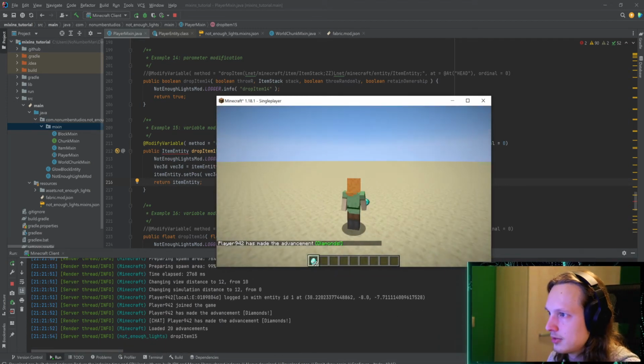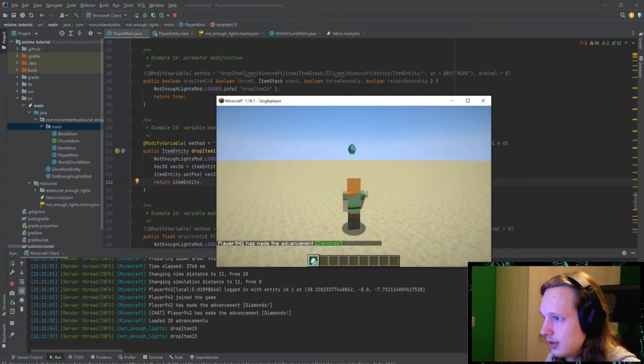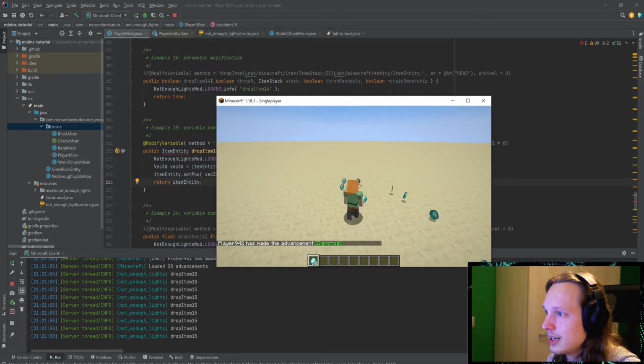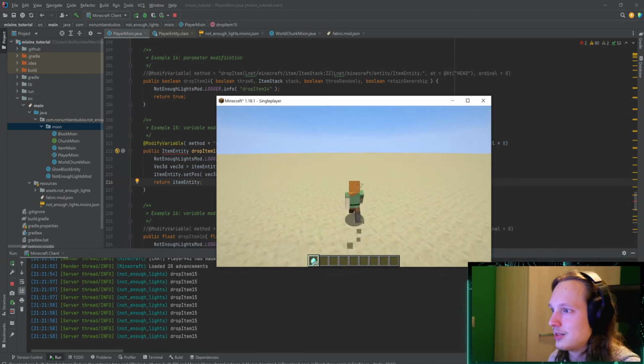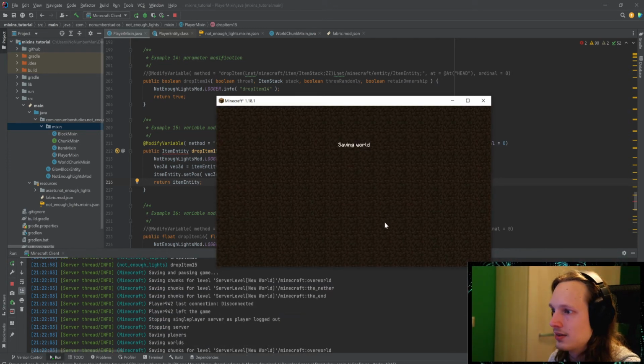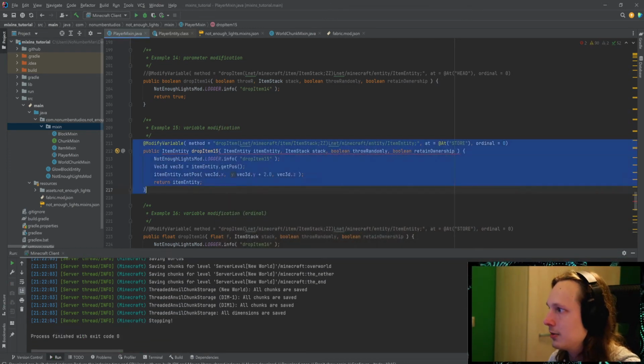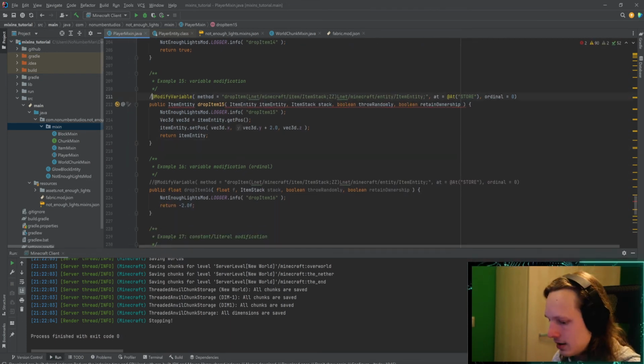So if we press F5, it spawns above our head. Nice. Exactly as we expect. Awesome. There we go. Then we also have,